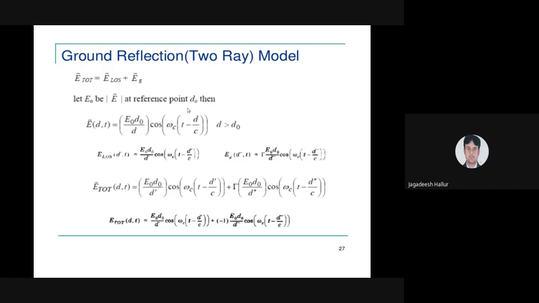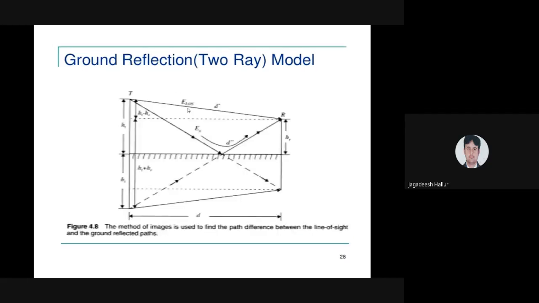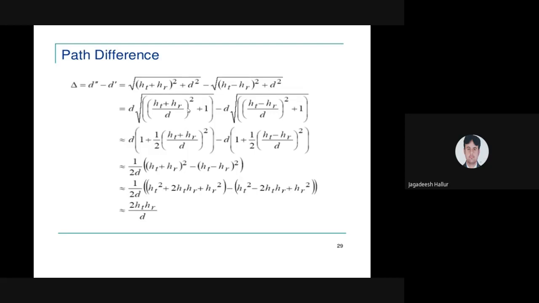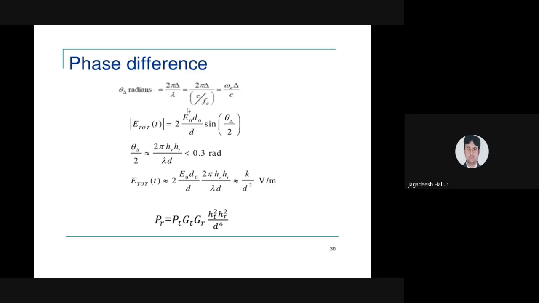After getting this ground reflection or two-ray model, the total electric field equation, based on this, we are going to calculate a path difference, that is delta equals d double dash minus d dash, by using the height of transmitter and height of receiver. After calculating the path difference, you have to calculate the phase difference, that is theta, the phase angle. Finally, you'll get the answer for received power equals PT, GT, GR, HT square, HR square